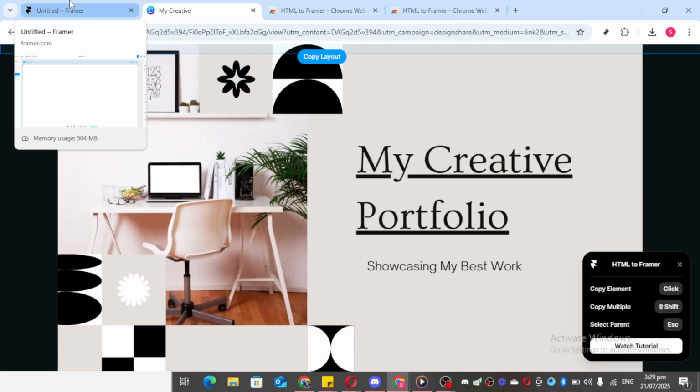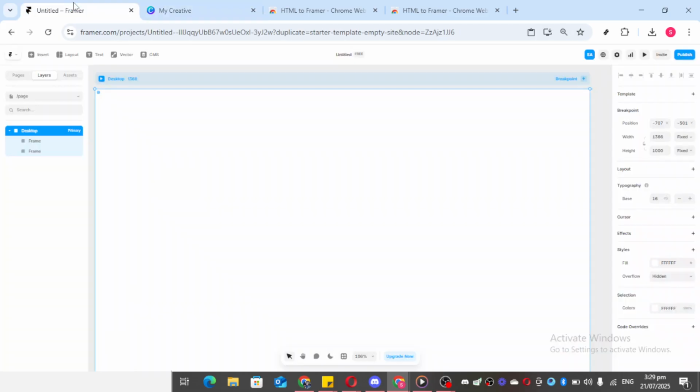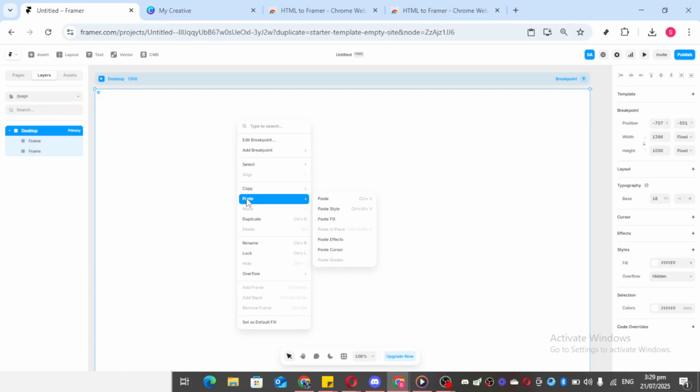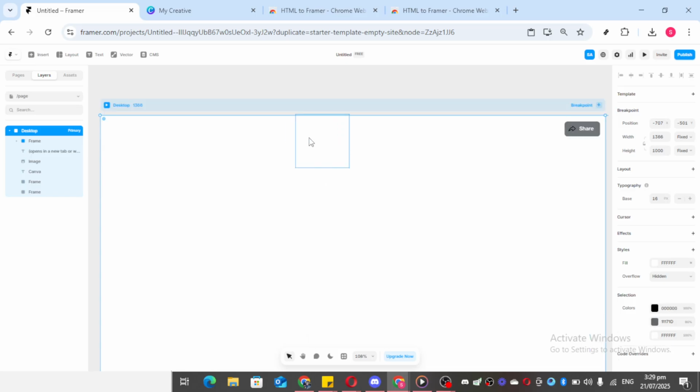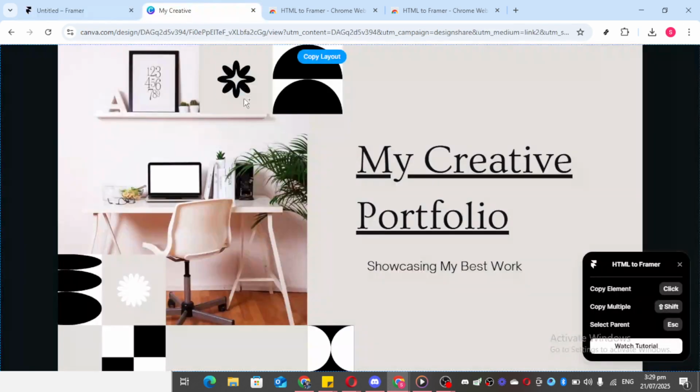The next step is to move these copied elements into Framer itself. Open your Framer project where you'd like to paste the elements. In the Framer interface, simply press Ctrl+V or right-click to paste the element onto your canvas. It's a manual process which gives you the freedom to position elements exactly where you want them within your project. This can be repeated for as many elements as you need, allowing you to build out a full page or